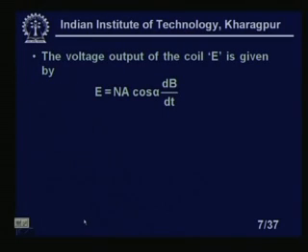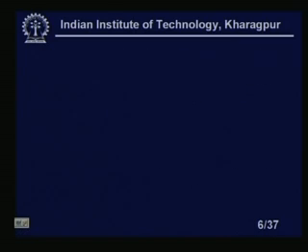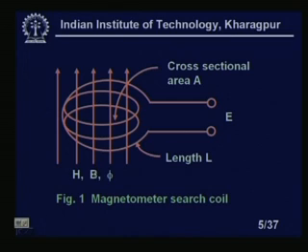Clear? The voltage output of the coil E is given by E equal to N A into cos alpha into dB by dt. Suddenly, how did this alpha come? Actually, we are assuming, if I go back to the diagram, I have shown that H is perpendicular to the plane of the flat coil, is it not? You see, H is perpendicular to the plane of the flat coil, but that may not be the fact, though it is always desirable that it should be perpendicular, because then the output will be higher. If it comes at an angle,